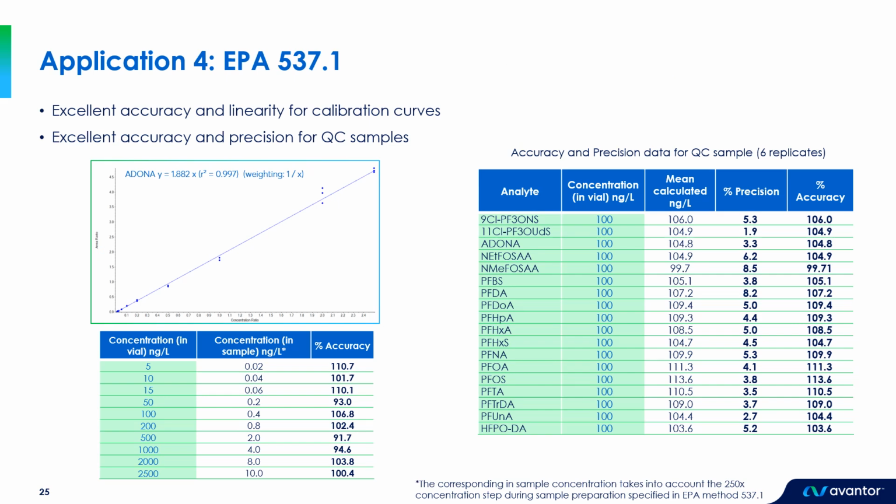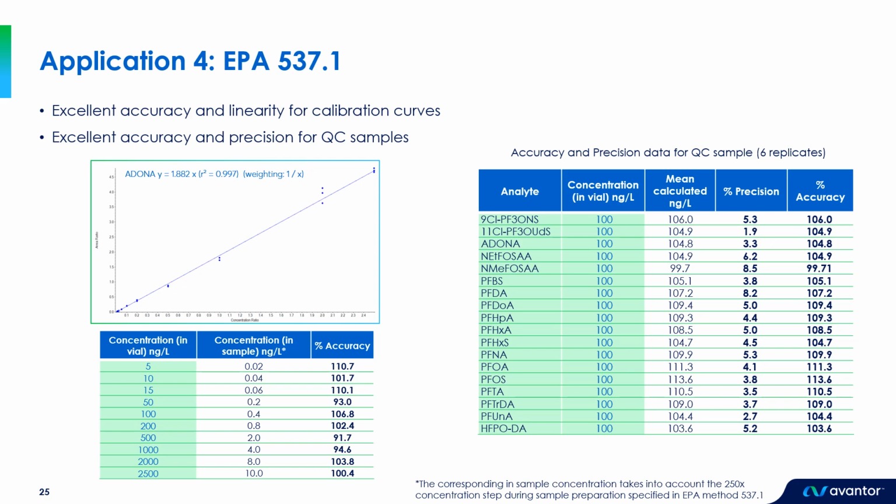Here we've got an example for our donor, which we have calibrated down to a concentration of 20 parts per quadrillion, so well below that regulatory requirement of 4 parts per trillion for some of the PFAS. And here at that level, we achieve an accuracy of 110.7%. Also shown in the table are the accuracy and precision for 6 QC samples, which again highlights the reproducibility of